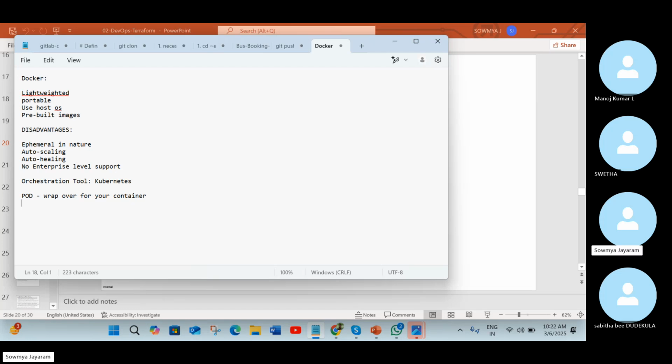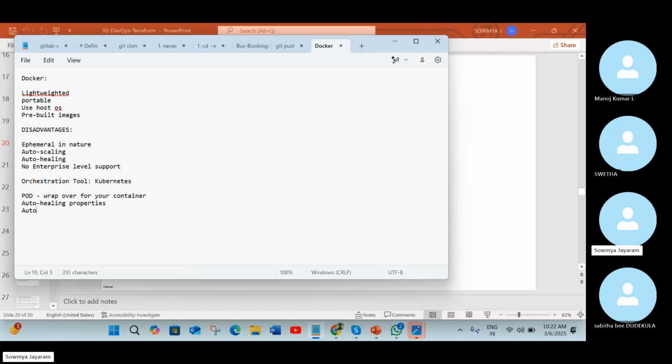So it will not kill itself at any time. If something happens to it, the pod will do the auto healing. So it has auto healing properties. It will never let your pod destroy itself, or let anything go wrong. It will do the auto healing.